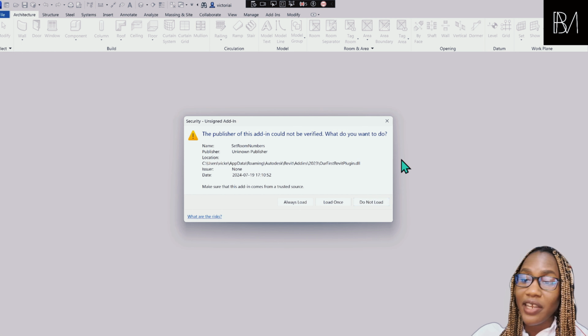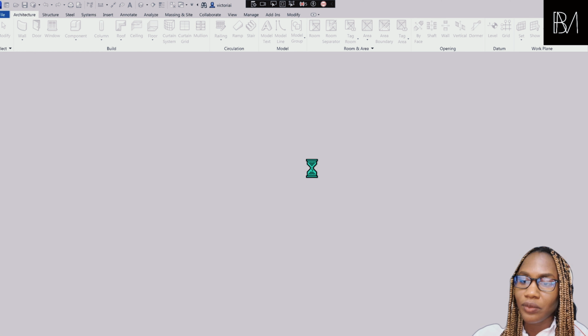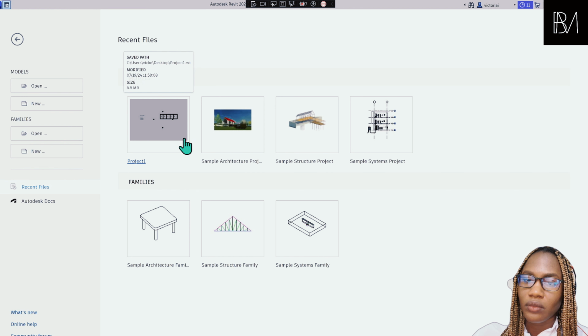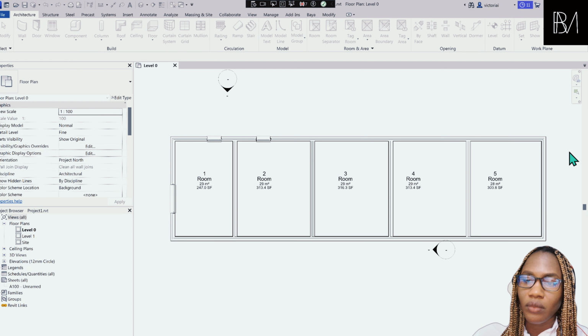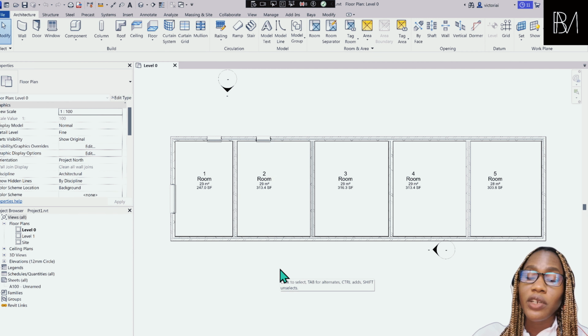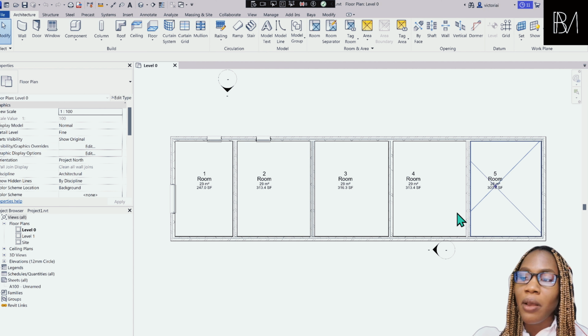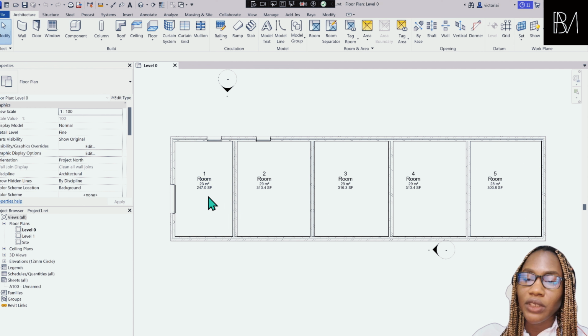All right, guys, here is our add-in, set room numbers. So we're going to load once. So here I've already gone ahead to create a project with 5 rooms and it's numbered 1 to 5. But in architectural conventions, this is usually not accurate. It's usually in the 100 series. So it will be 101, 102, 103, and so on. I'm going to leave this as is just so that we can see if our add-in will actually change the